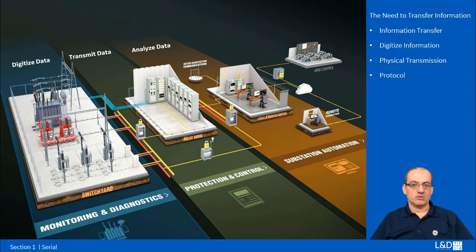So the objective of a data communication system in a utility is to transfer data, information about the switch yard to the control center via a remote terminal unit. The information in the switch yard has to first be digitized so that it can transfer via a physical medium. And in the remote terminal unit, it gets concentrated and formatted in a way that the control center wants to look at it. And then it's put on a physical medium that's allowed in the local area